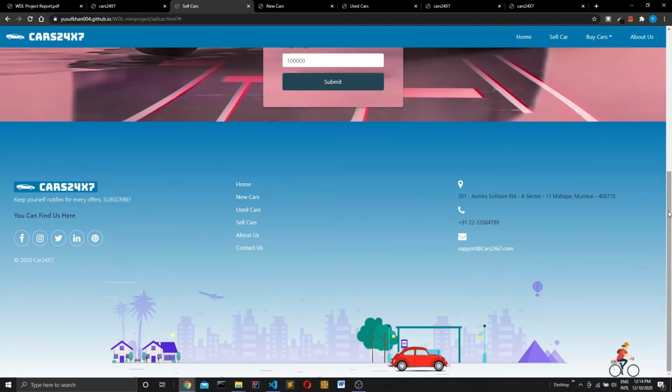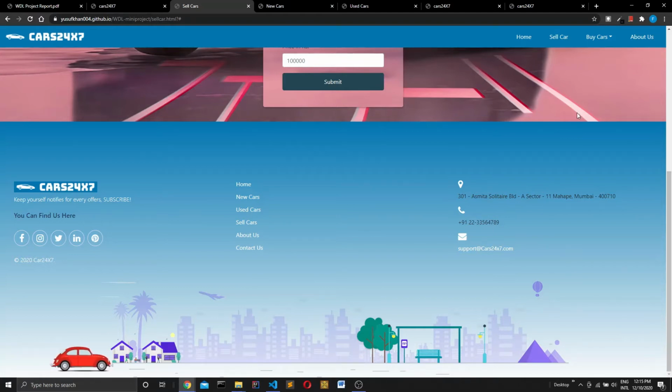Now coming to the methodology, we used the waterfall methodology for making this website, in which first of all we decided the functionalities that we need, and then based on that each member created their wireframe. Then we selected the best wireframe, and each of us was allotted a web page to design. And after verifying and reviewing everything, we integrated it all into one folder and uploaded it on GitHub.